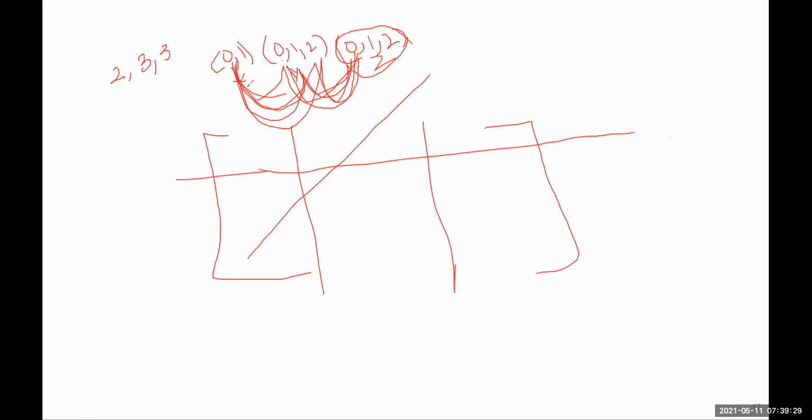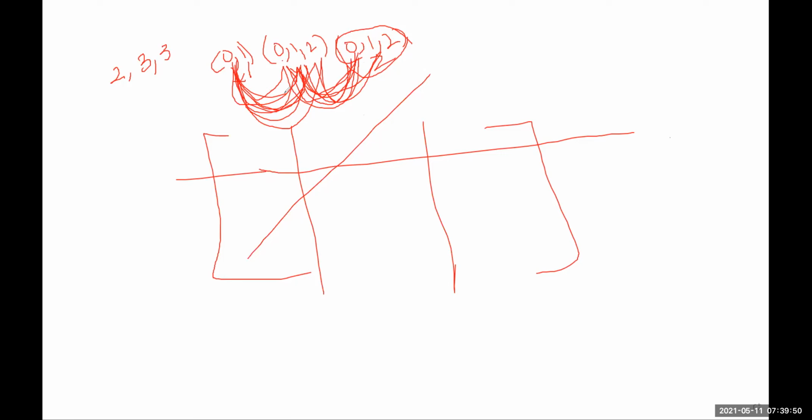And then next, we have 0 combines with 1 and 1 combines with 0. 0 combines with 1 and this 1 combines with 1. 0 combines with 1 and this 1 combines with 2. So like that, we'll get more than 9 values.